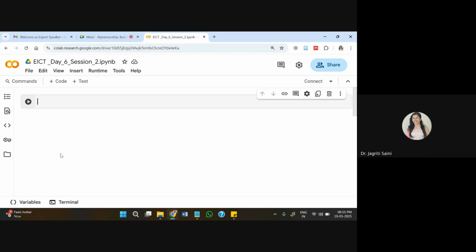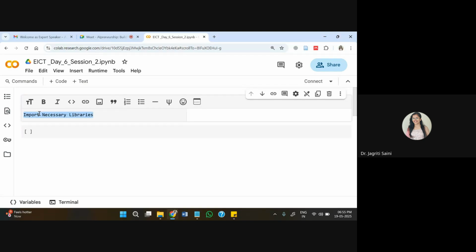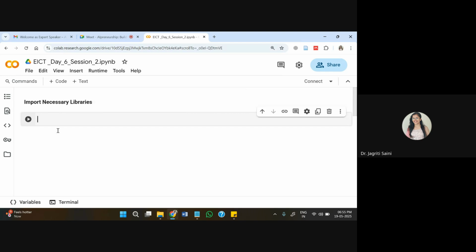I'll be getting it directly from a URL that I'll be sharing with all of you as well if you want to do it side by side. So the very first task I'll do here is to import some necessary libraries. I'll put all the instructions side by side for you so that you can understand the process behind. The idea here is to demonstrate the use of deep learning algorithm for pneumonia disease detection, and that we are going to do with chest x-ray images.